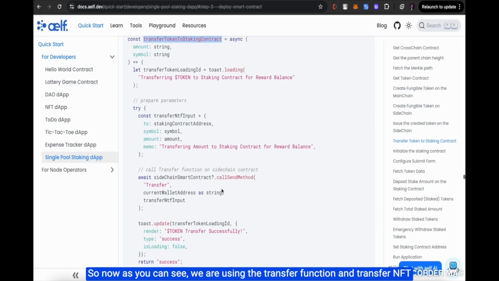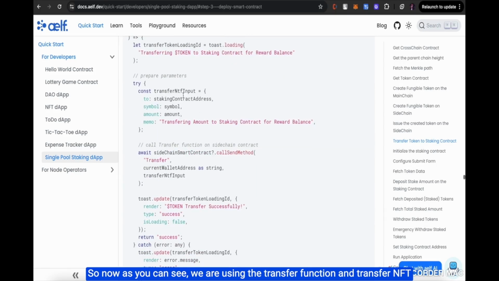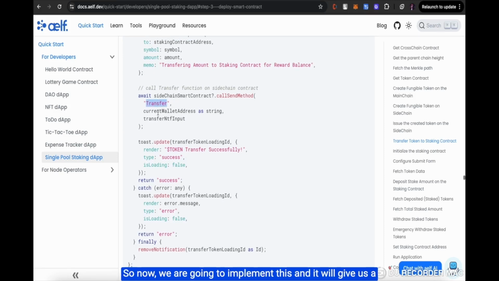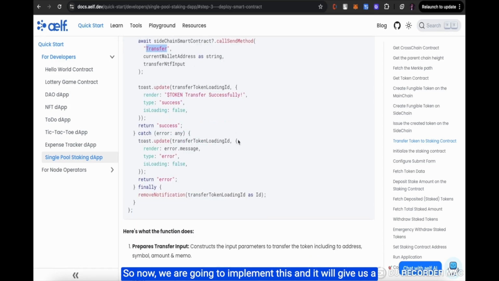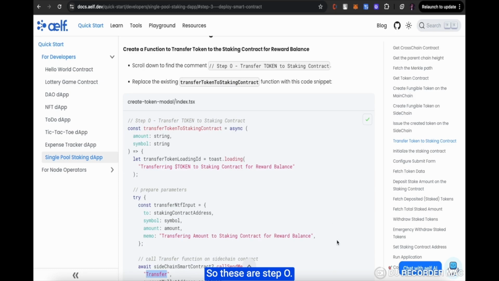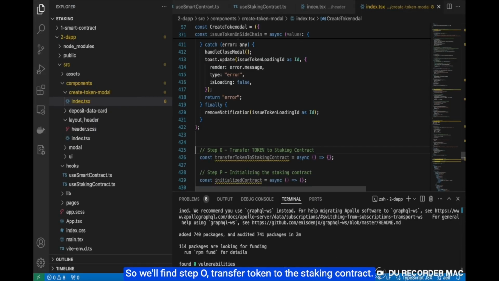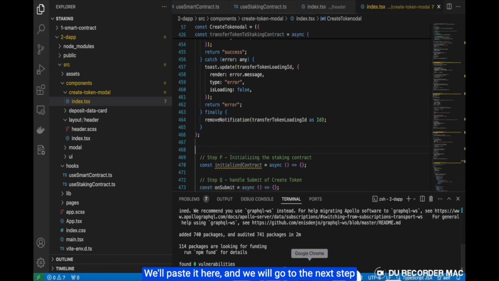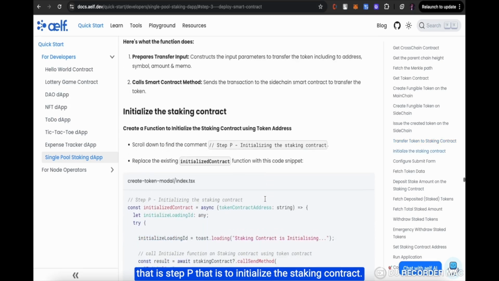So now, as you can see, we are using the transfer function and transfer NFT input, and we are transferring the symbol, amount and all this information, and then we call the sidechain smart contract's transfer method. So now we are going to implement this and it will give us a notification whether the token transfer happened successfully. So we prepare the input and then call the smart contract method. So these are step O. So we'll find step O, transfer token to the stake contract. Paste it here and we will go to the next step, that is step P, that is to initialize the